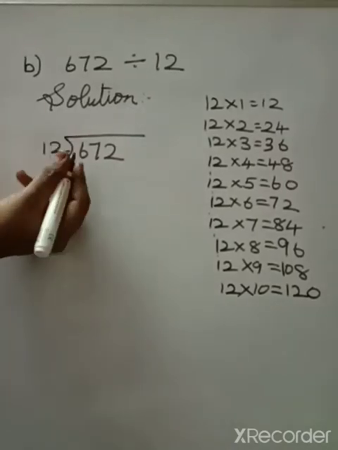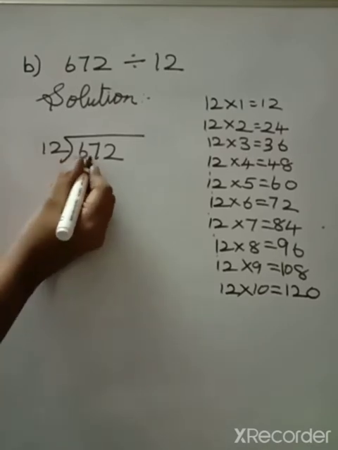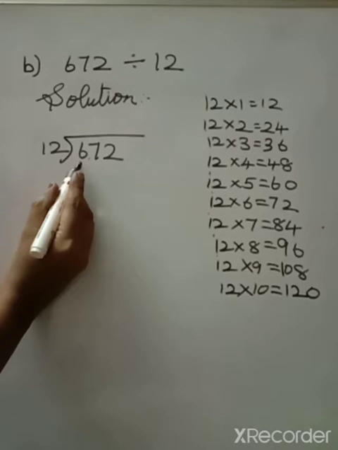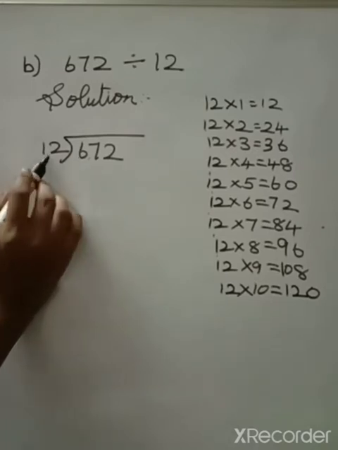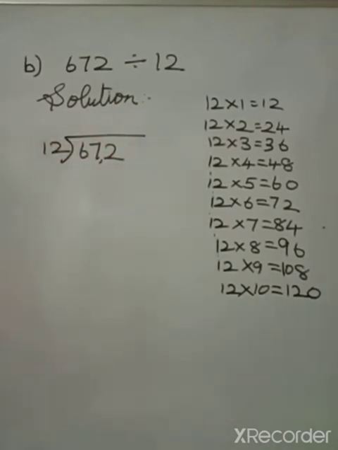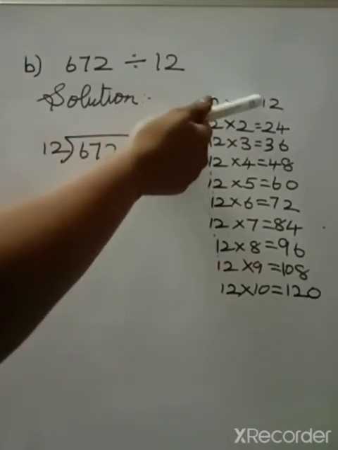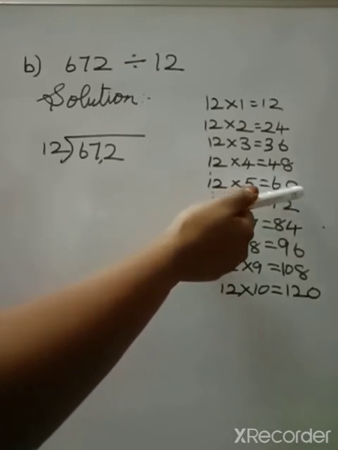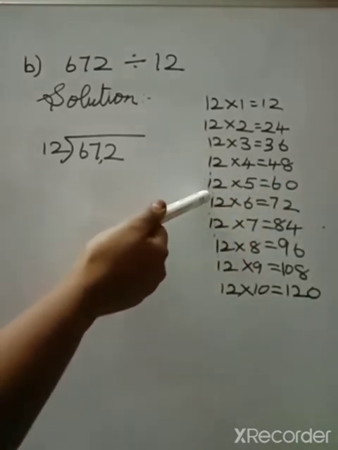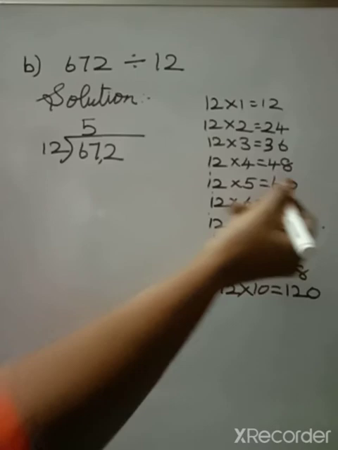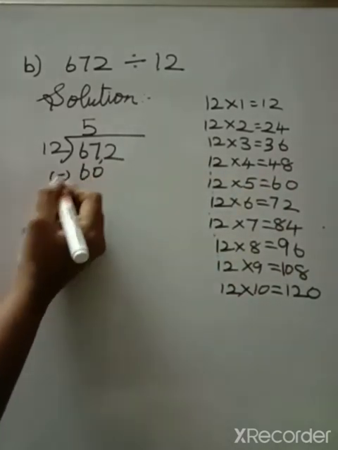Now we will start dividing the sum. See here, the first number is 6. Whether it is able to divide the number 6? No. Why? Because the number should be bigger than the divisor, but 6 is not bigger than the divisor. So what you have to do? You have to take the nearest number. It is 67. So now see here where 67 comes. 60, after that 72, a bigger number. So the nearest smaller number is 60. So 60, how many times does it come? It comes 5 times. So here it is 5. So 5 times it is 60. Now we are going to subtract.